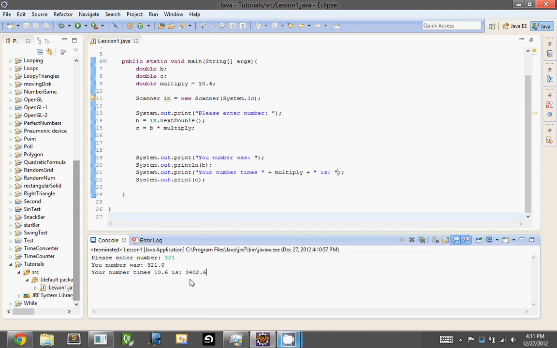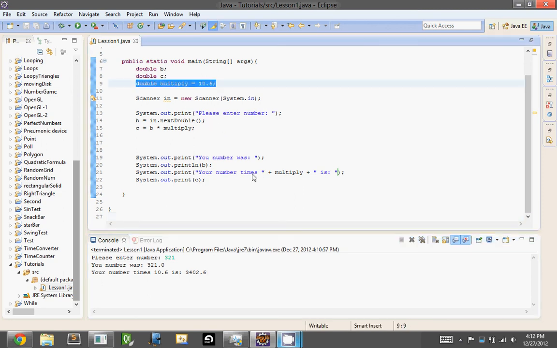But this is kind of useless because there's really no point in just setting multiply to a static value. We could have just written your number times 10.6. So let's do something different. Let's remove this. Let's not set multiply here. And if you haven't guessed what we're going to do already, we're going to say system.out.print